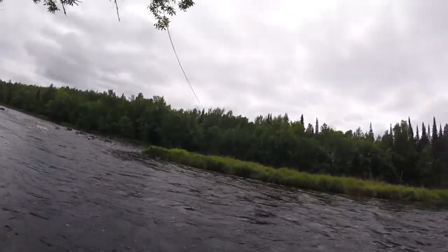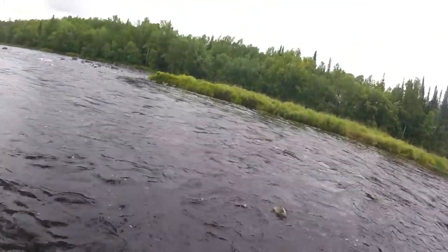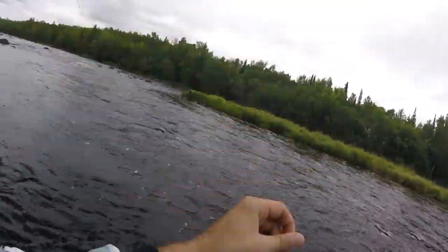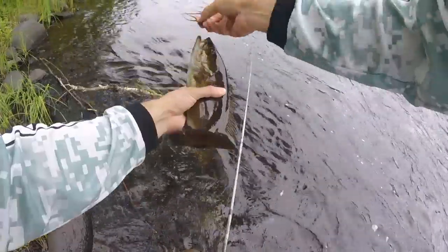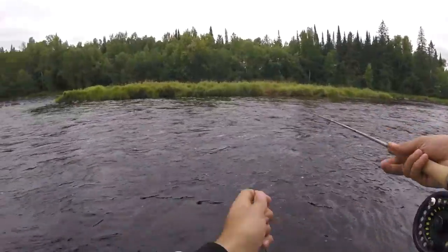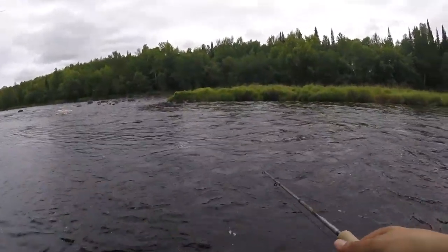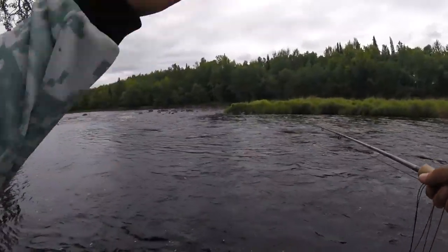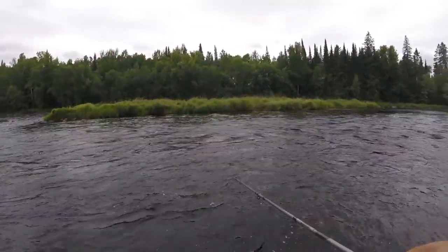By the way, for leader and tippet, I run 20 pound and 12 pound. Because right now, even with the 6 weight, I can horse this. It's a decent sized fish, but I can horse this fish right into the bank, even though I have a super aggressive, fast run right there. Right? That's a better fish. Yeah, buddy. So I'm fishing a 6 weight, which I would argue is really the perfect size rod for this 4-inch fly, but also for 12, 14-inch river smallmouth. Just missed a fish dragging that. Darn it. Anyway,